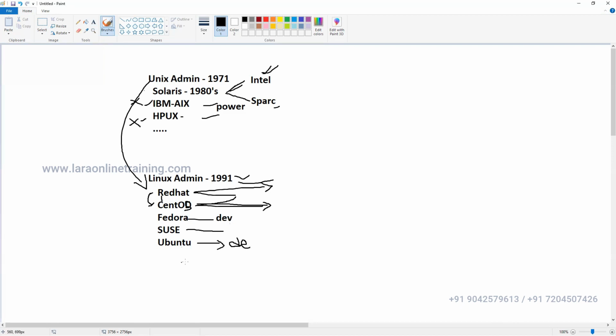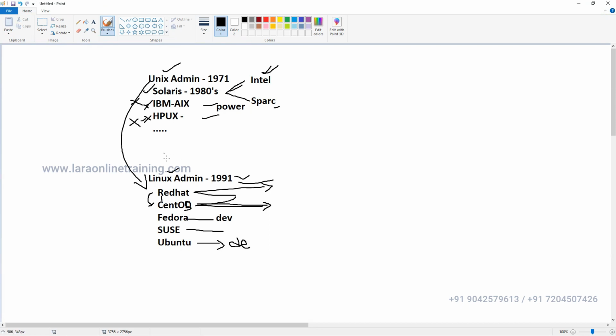the other operating systems. So in the market, mostly people are using Linux compared to Unix, because Unix is costly. And one more thing, you don't get much documentation online. If you go for Unix admin, you don't get much online support. There is not much documentation. Except for Solaris, you could get something, but it is very poor. Compared to IBM and HP, the cost is too high. Everything needs separate licensing: the hardware is different, the operating system is different. Online you don't get much documentation, but for Solaris you can get documentation.